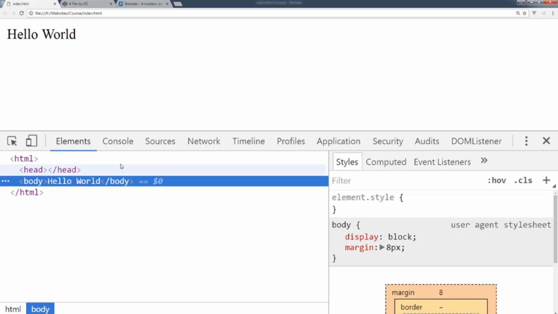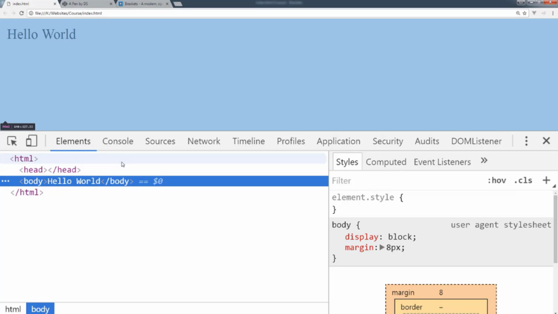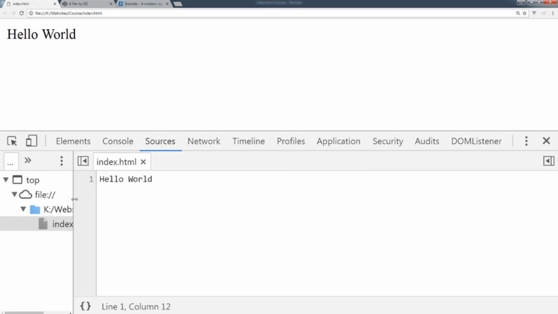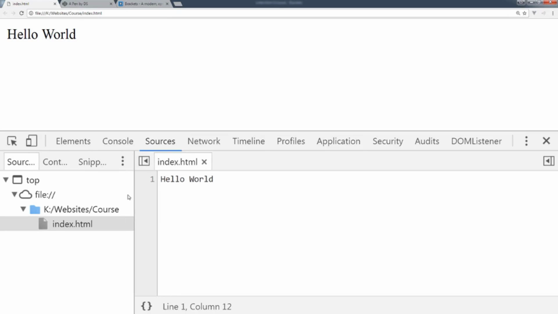I'm going to be explaining this as we progress through the lesson. There are a number of other really important tabs here within the browser tools, and the other one that we want to look at is Sources. Sources gives you a full path to where your file is located. So we see that this file is located on my K drive under the folder